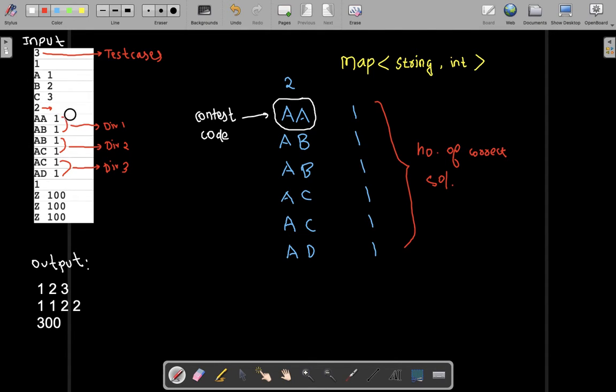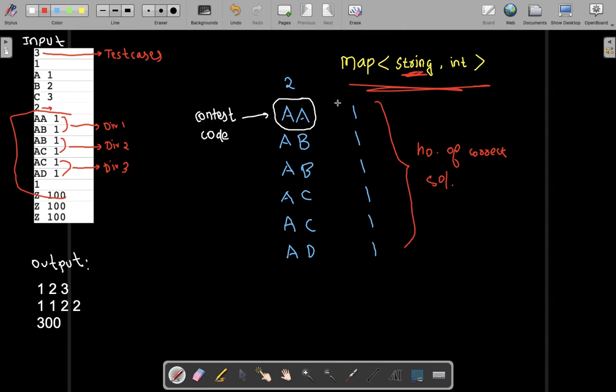So let's take this test case. My approach will be to use a map data structure from string to int. The string will contain our contest code and the int will be the number of correct solutions, right? I'll simply use the map and find elements.